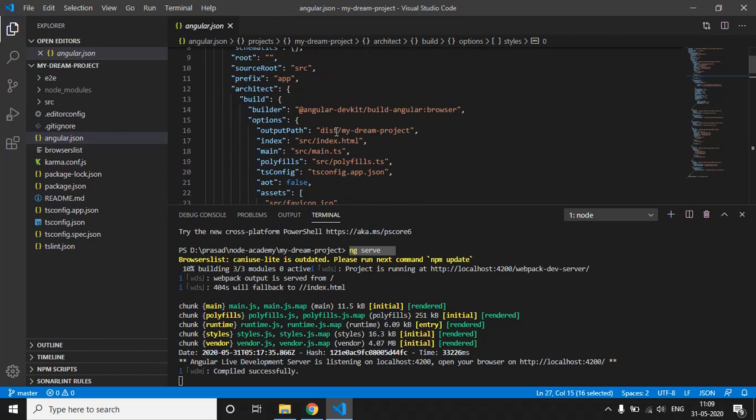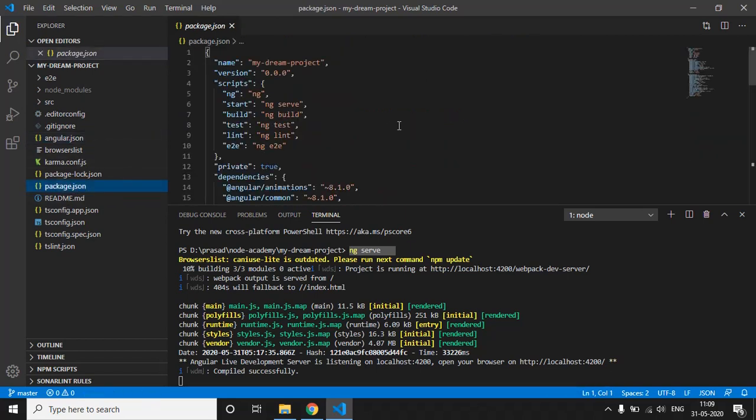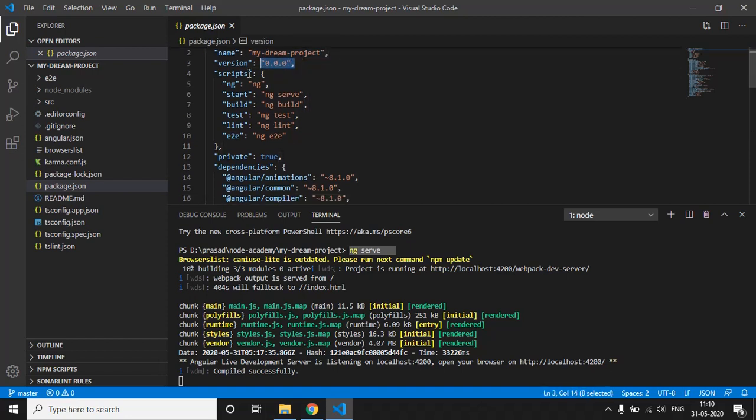Then we have a package.json file. This is a file where the Angular application keeps all the metadata about the application. So we have our Angular project name, then the version of the project, then the scripts we are using in our Angular application.